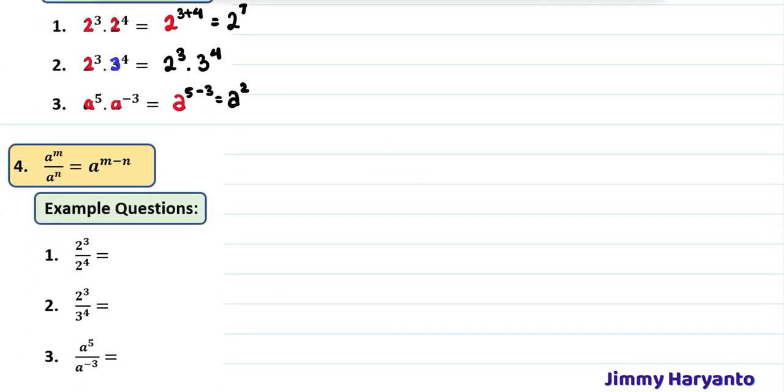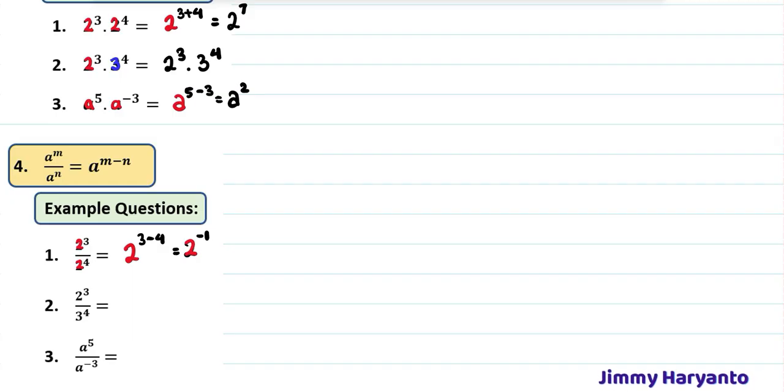The fourth property is a to the power of m over a to the power of n. You will subtract the powers. For this one, you'll have 2. Oh yeah, the condition is also the same. The bases have to be the same. Yeah, so the 2 is like that, and then 3 minus 4 equals 2 to the power of negative 1. Some students are confused with the position of the 2. So every time you use these properties, the 2 must be at the top. Yeah, not on the denominator, it will always be at the top.